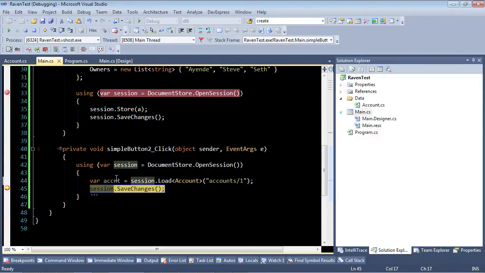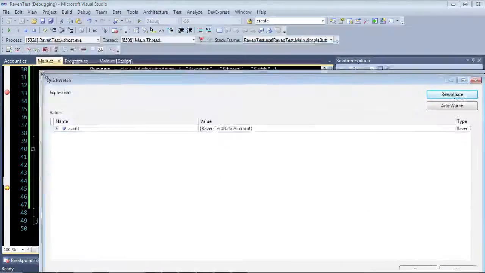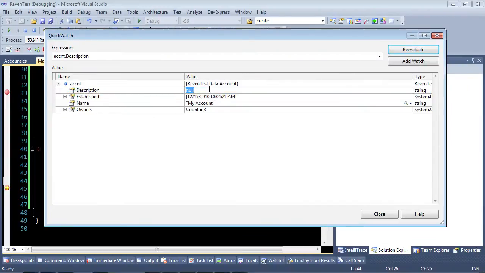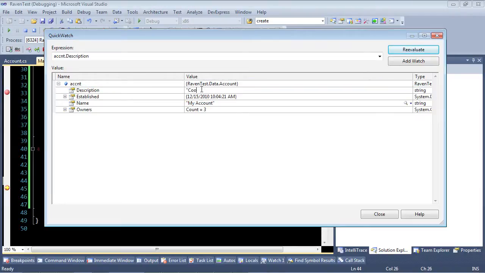Now, go to the description and modify it, please. Got it. So let me do a quick edit, a quick watch here. Let me bring this over. And let's change the description here to something useful. So let's change the name as well. Let's change the name to. Oh, I needed to put in the strings. Yeah. And let's go to the